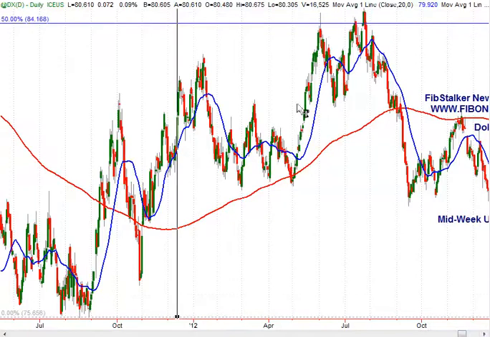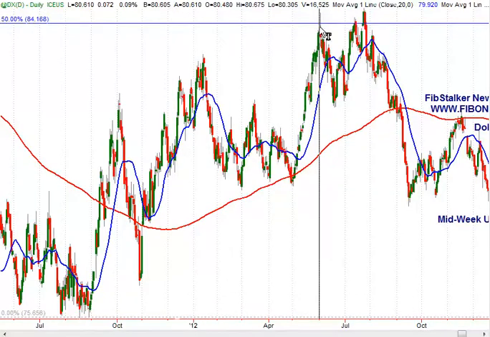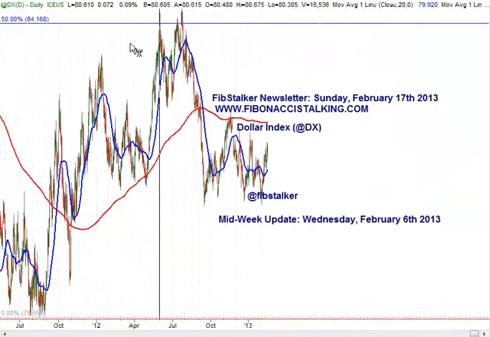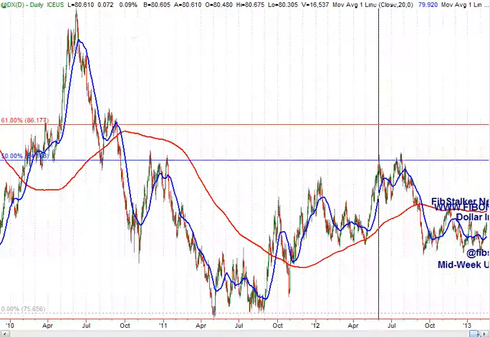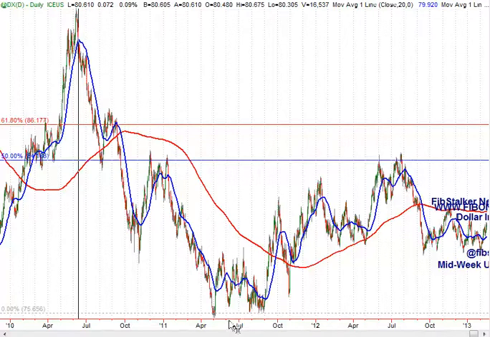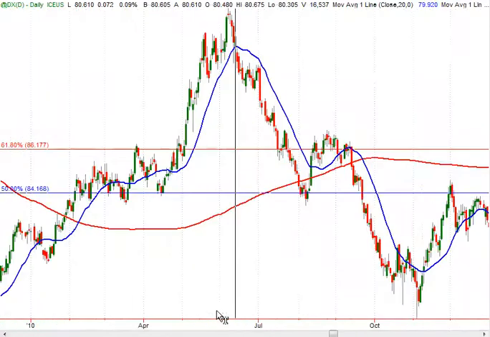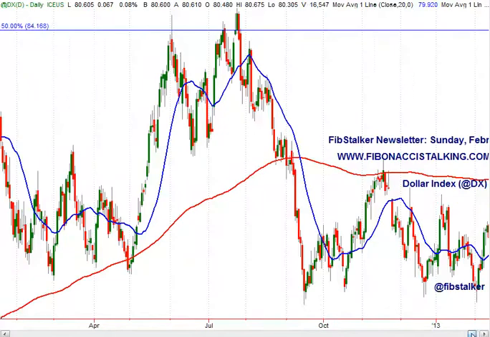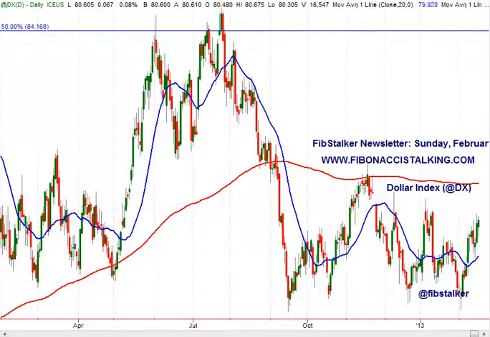The reason why we had this reaction here in the 84 area is because we had a short here from the highs in June 2010 to the lows in April 2011. So this is the reason why we have been seeing the recent weakness since July in the dollar